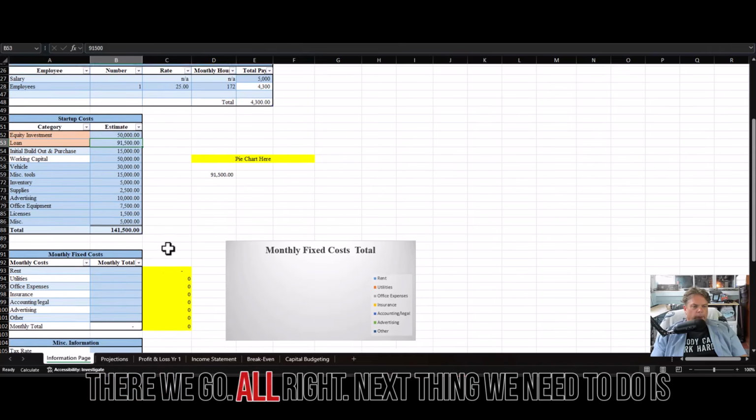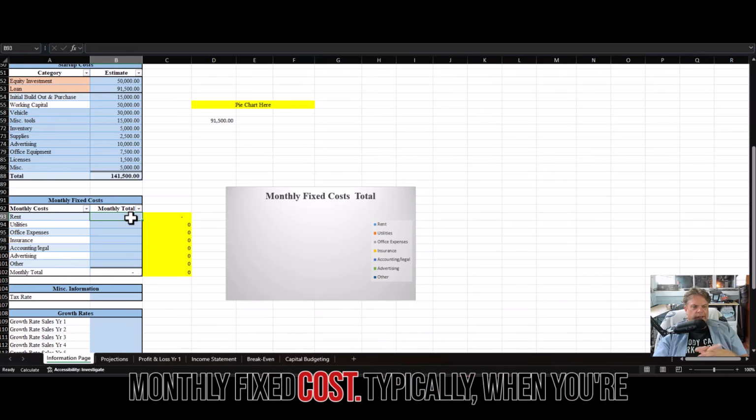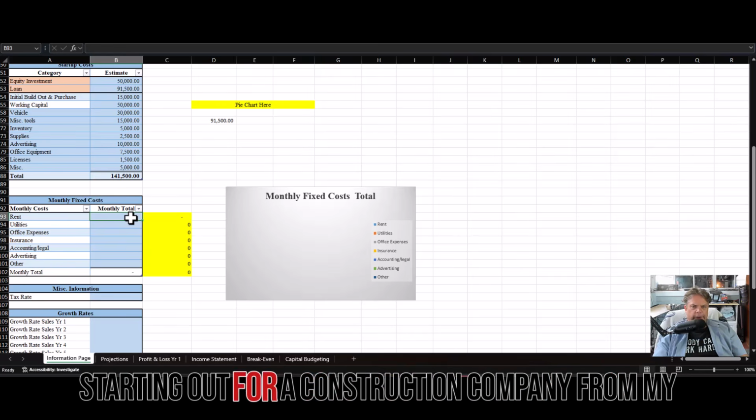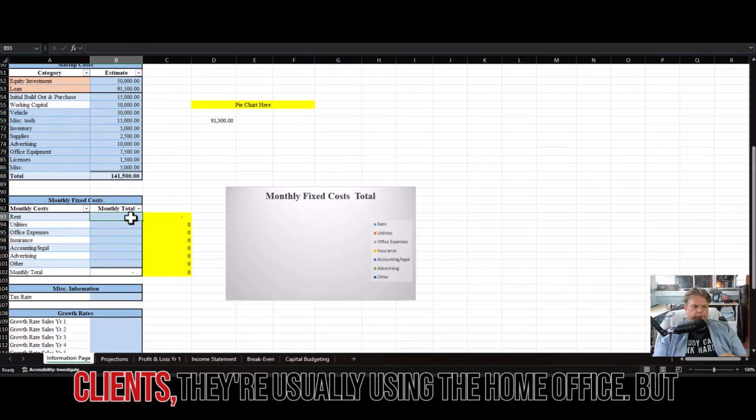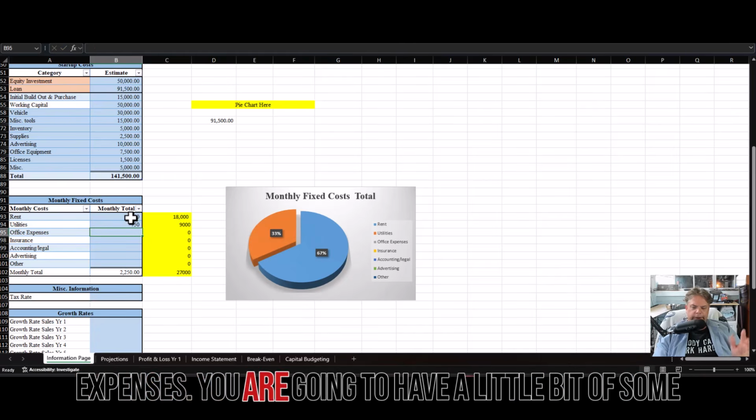$91,500. There we go. All right, next thing we need to do is take a look at our monthly fixed costs. Typically, when you're starting out for a construction company, from my clients, they're usually using a home office. But let's say we're going to go ahead and get a small office. We'll call it $1,500. $750 for utilities,